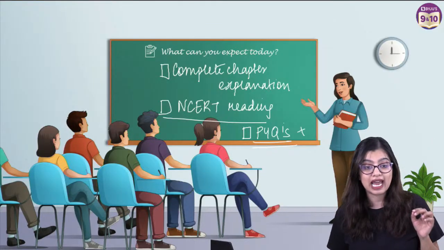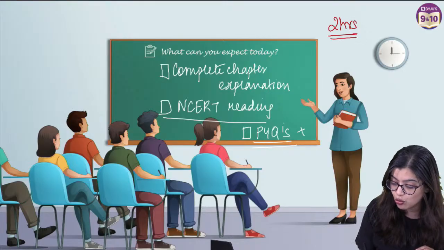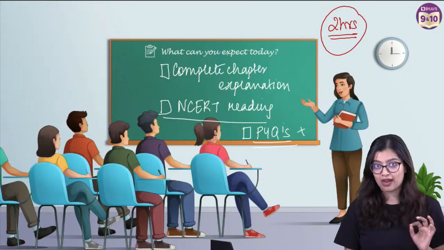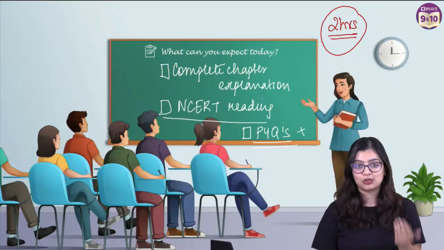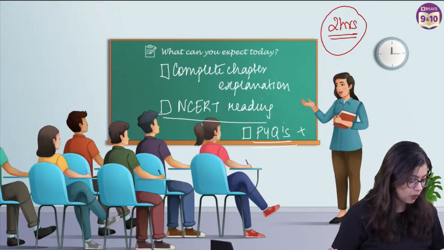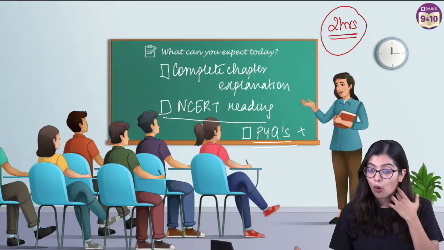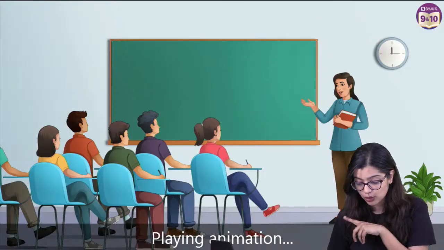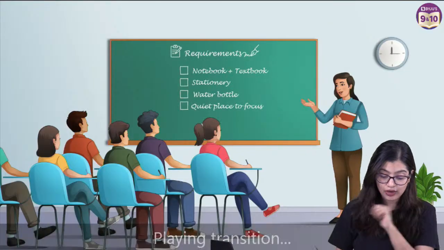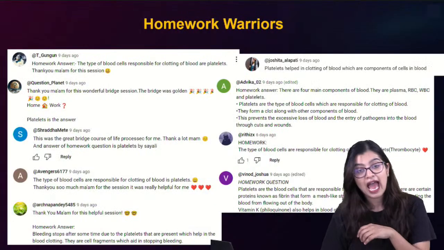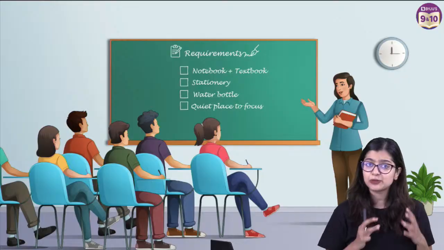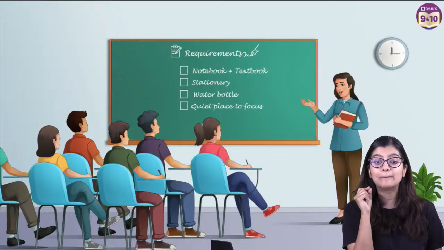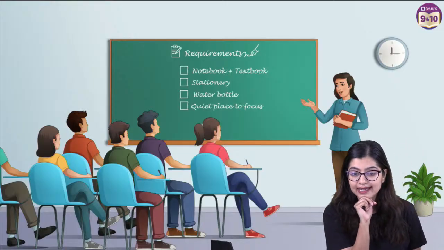Now, how long can today's class be? Today's class is most likely going to happen for about 2 hours at the bare minimum. Let me tell you in the beginning, the least I will take is 2 hours. There are chances that the class can extend also. So I hope that all of you are prepared for this, which means have your notebooks and textbooks ready. Make sure that you have your water bottles ready. And of course, be in a quiet place so that you can study for the next 1.5 hours, and ensure that you are completely focused on today's class. Okay.